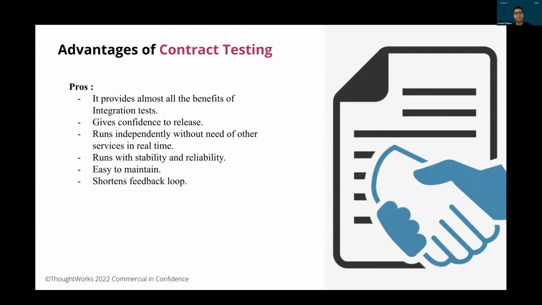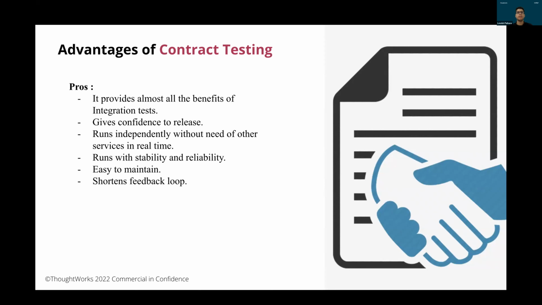Like we need the confidence to move forward to live on prod, right? And it runs independently without need of other services in real time. I already explained in integration testing, it hits a real-time API, but in contract testing, it doesn't. And it also runs with stability and reliability and is easy to maintain, because you don't need the service live every